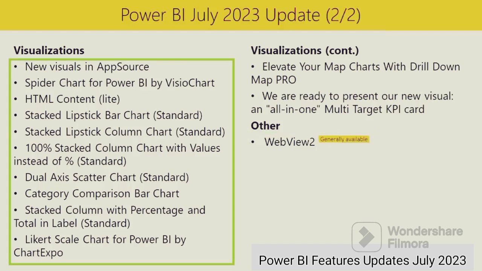Finally, we have some exciting new updates for you in the visualization section. New visuals available for you on AppSource this month include Spider Chart for Power BI by Visio Chart, HTML Content Light, Stacked Lipstick Bar Chart Standard, Stacked Lipstick Column Chart Standard, 100% stacked column chart with values instead of percent Standard, Dual Axis Scatter Chart Standard, Category Comparison Bar Chart, Stacked Column with Percentage and Total in Label Standard,